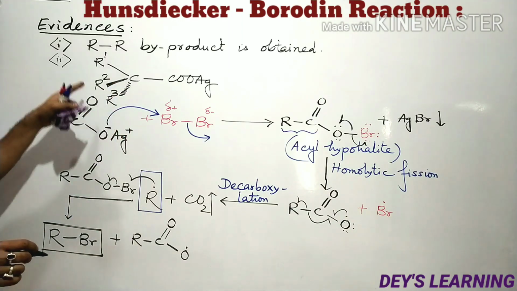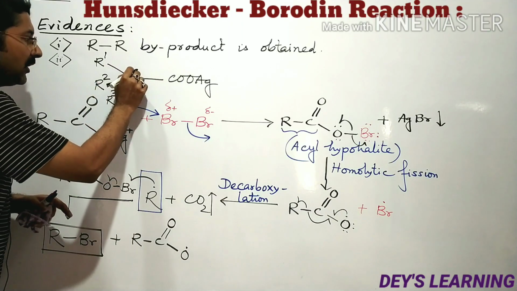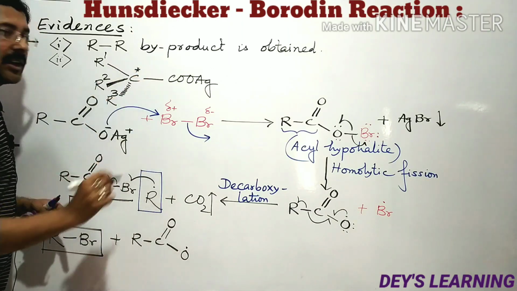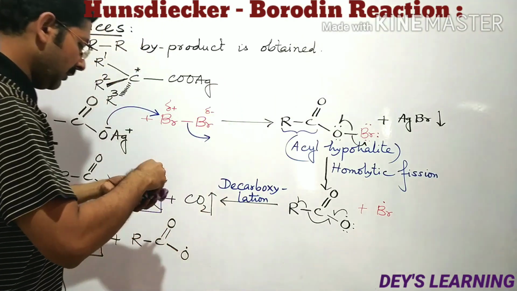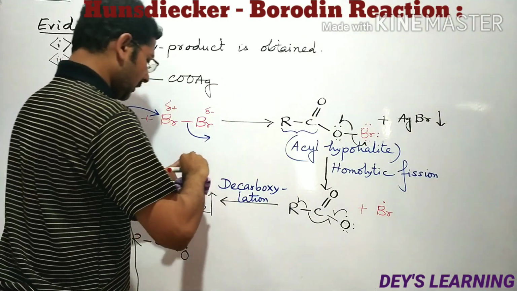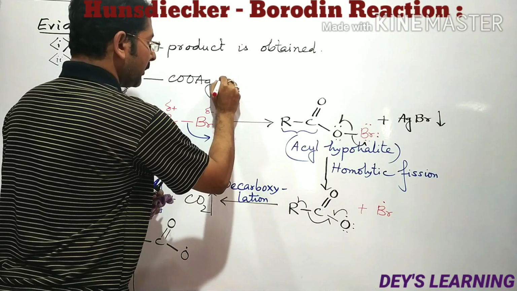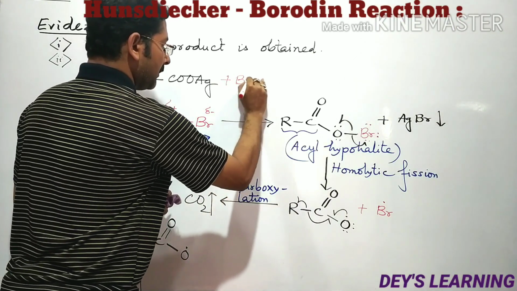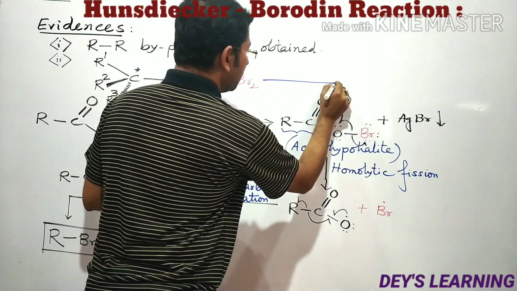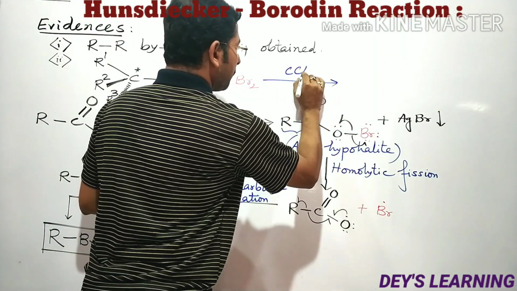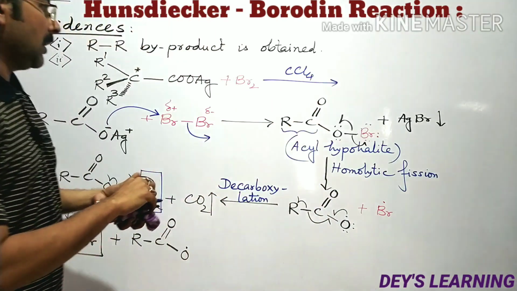If R1, R2 and R3 are different, then this center will of course be a chiral center, and on treatment of this molecule with bromine in CCl4 medium, it gives us